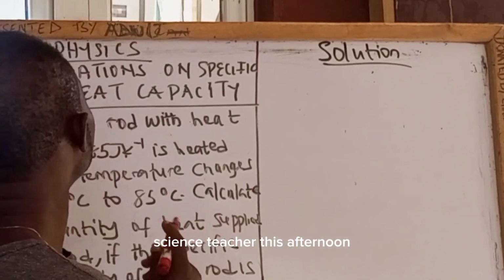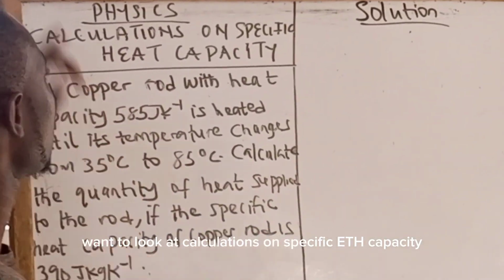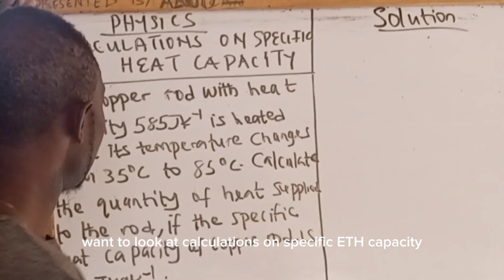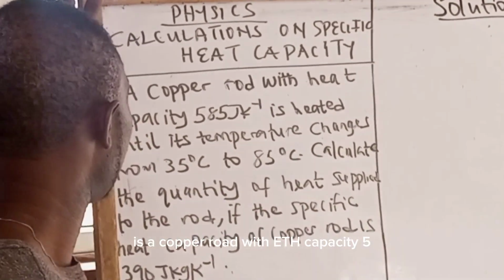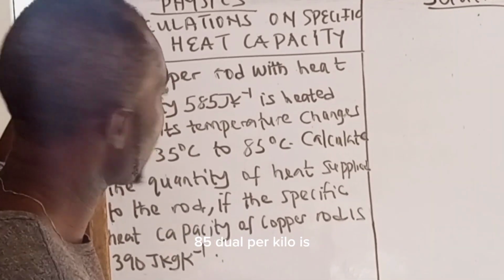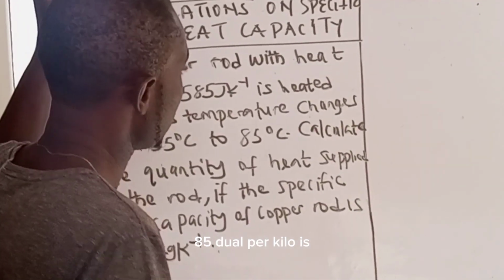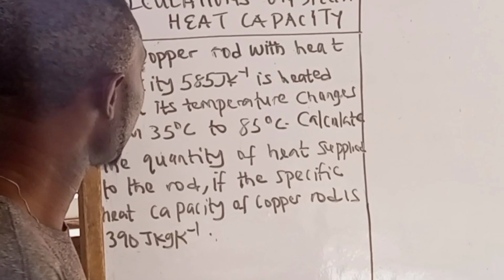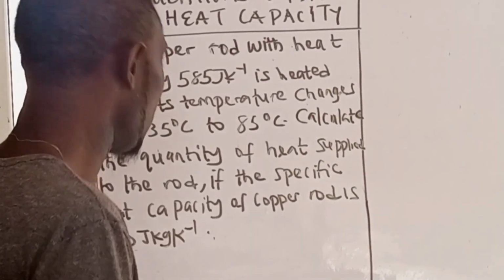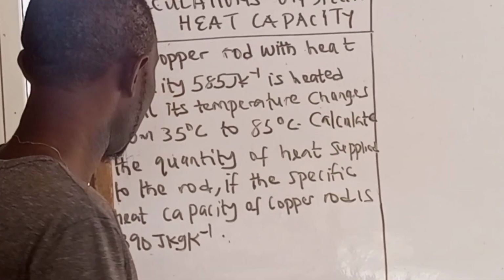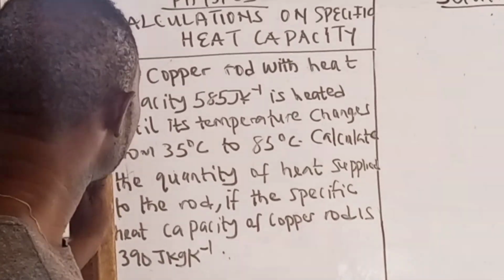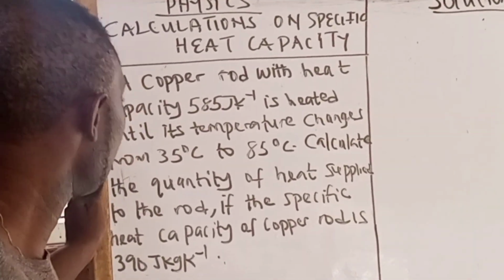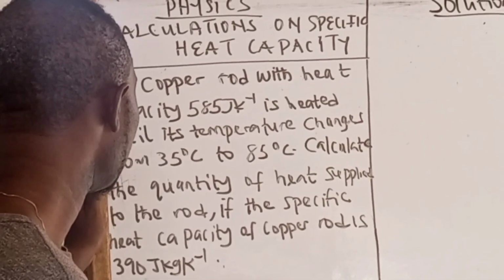Science teacher. This afternoon, we want to look at calculations on specific heat capacity. And the question you have to solve is: a copper rod with heat capacity 585 joule per kilo is heated until its temperature changes from 35 degrees C to 85 degrees C. Calculate the quantity of heat supplied to the rod if the specific heat capacity of copper is 390 joule per